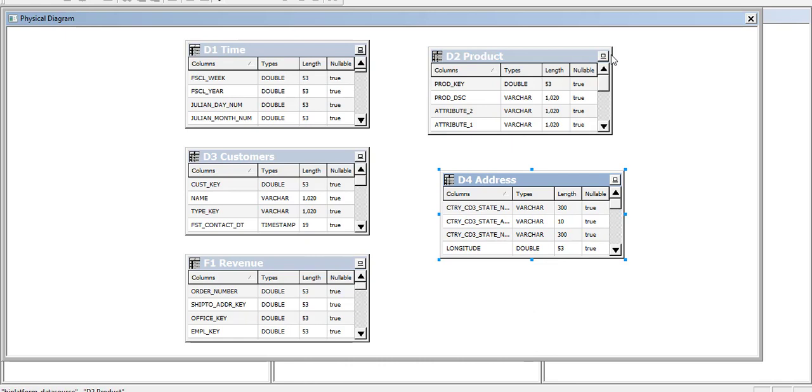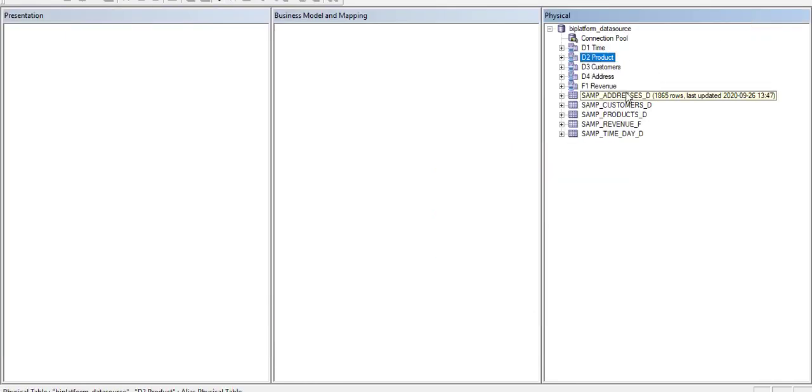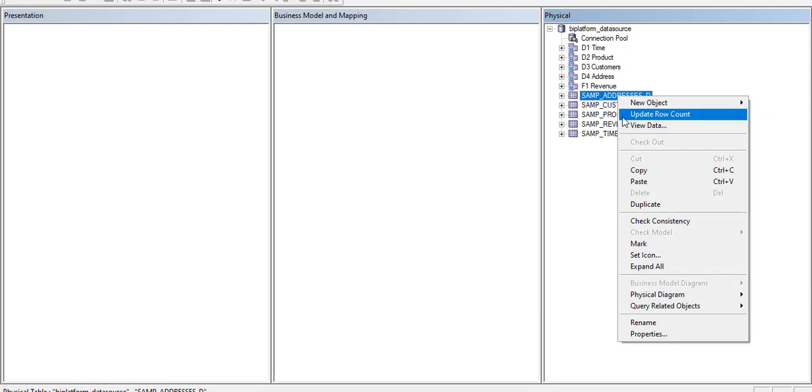You can see this is a physical diagram of any table. First of all, we can see table data. First of all, we discuss right click, view data.